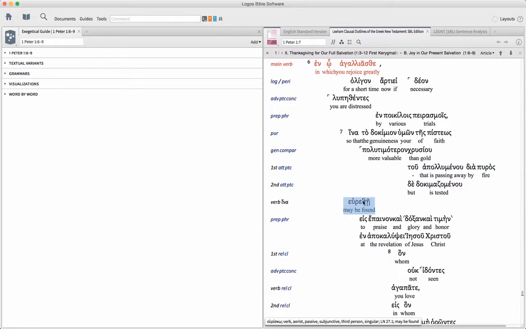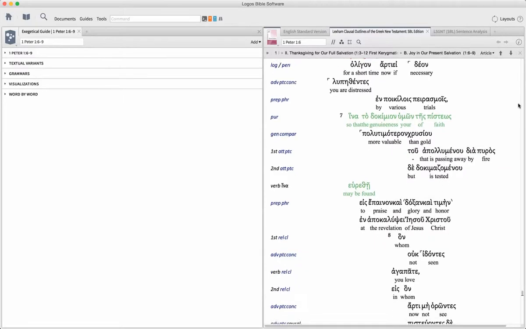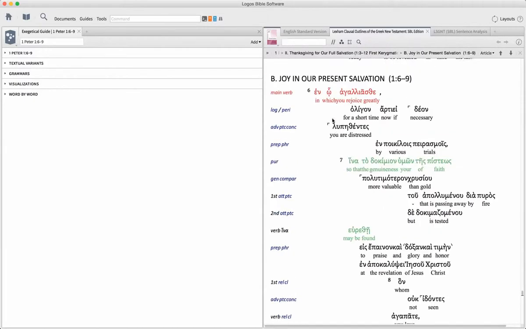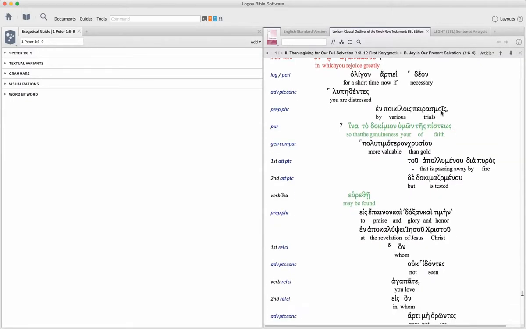So let me go ahead and mark that in a different color. I was wanting to mark this right. Oh, there we go. Get my mouse right on it. It'll mark it. Okay. Now I want you to see this. Just kind of eyeball these colors. All right. So the reason that we rejoice, even though for a short time we're distressed, it's so that the genuineness of our faith, and then he moves into a little